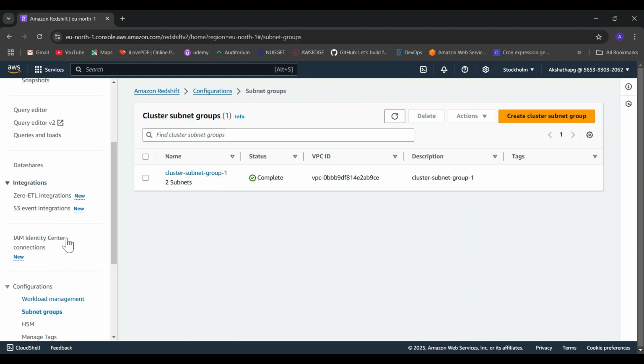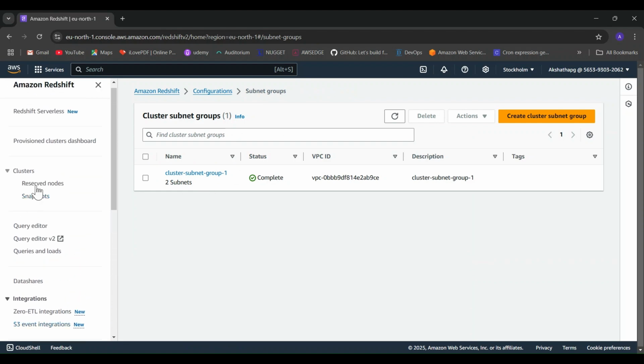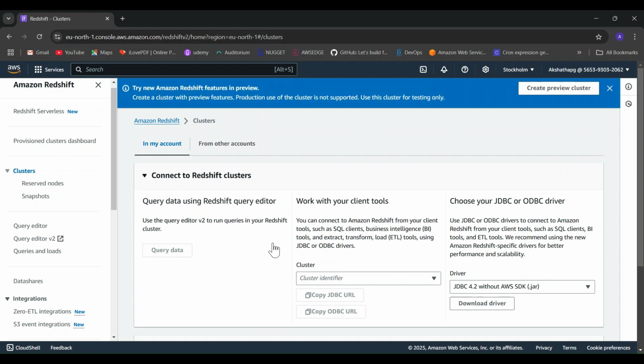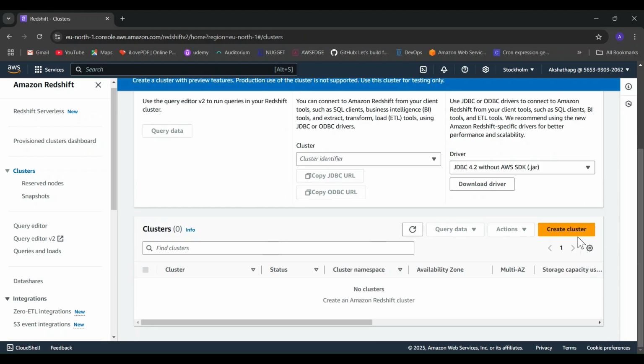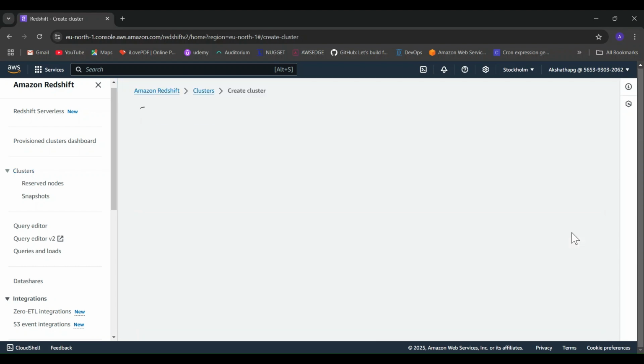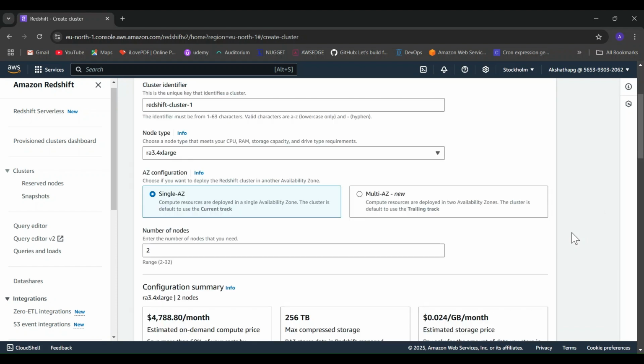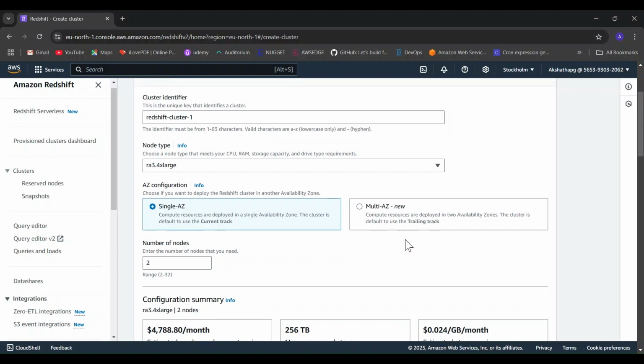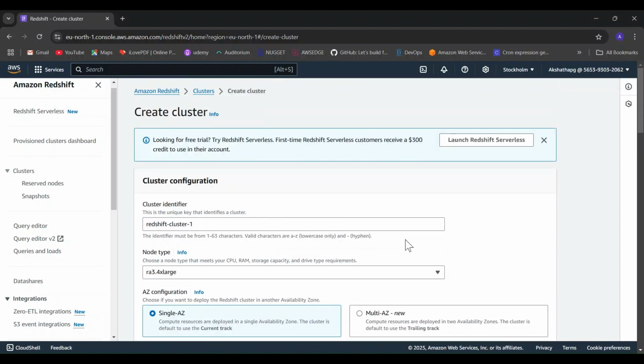After creating this, what we need to do is go to the cluster. Let's create a cluster. Click on create cluster. So now we need to create a cluster. Why do we need to create a cluster in this? Because